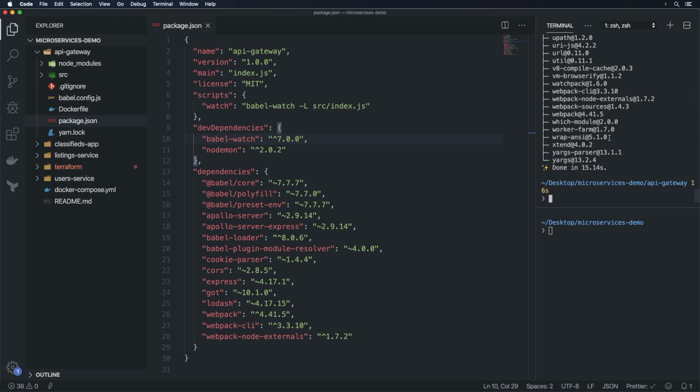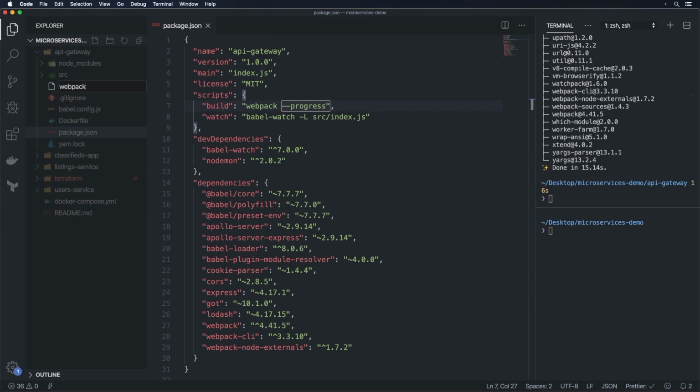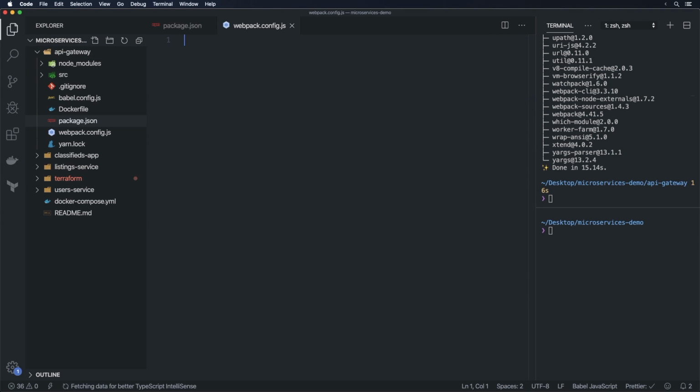Okay, so now that we've added these, inside our scripts here, we're going to add in a build script. So the build script is going to be webpack --progress. So this is just a very simple build script. And now let's right click here, new file, and let's create a file called webpack.config.js. Now for this file here, we're going to write const path equals require path, const webpackNodeExternals equals